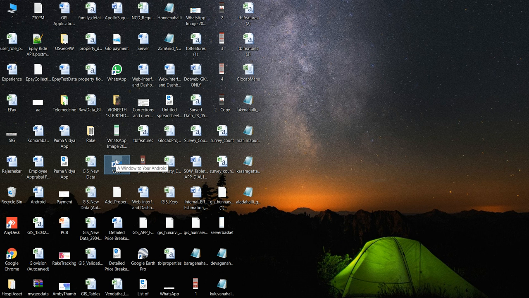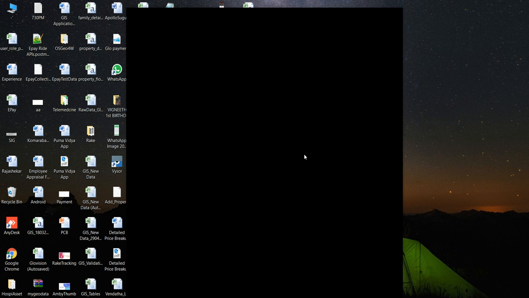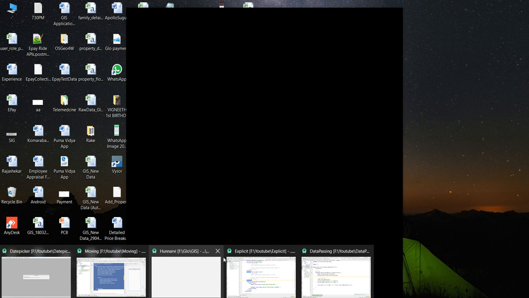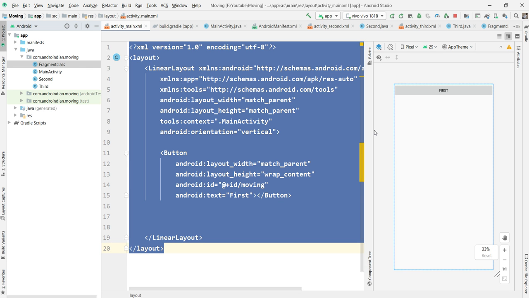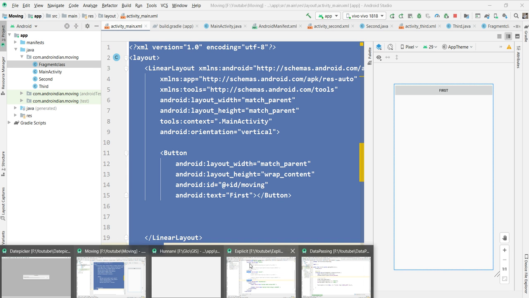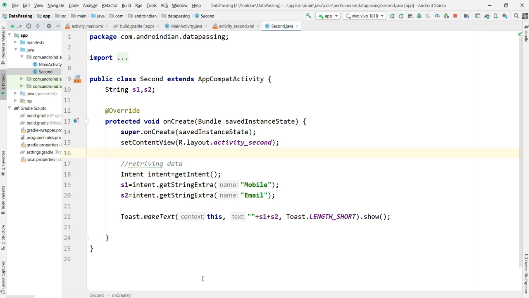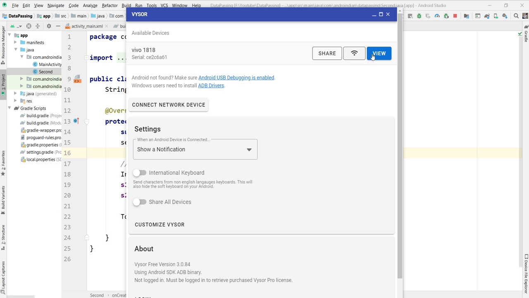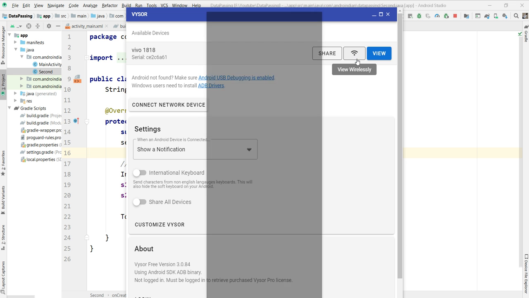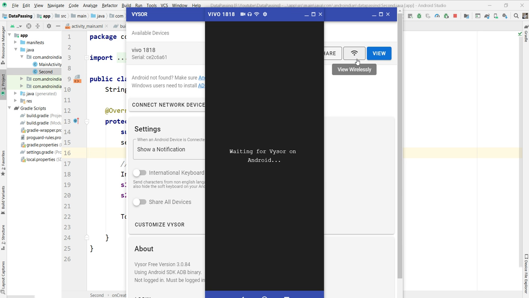Here on the first page I entered a mobile number and some data. Then we can check that on the next page. So this is data passing. The visor is open, so I'm opening my mobile. It has already run.